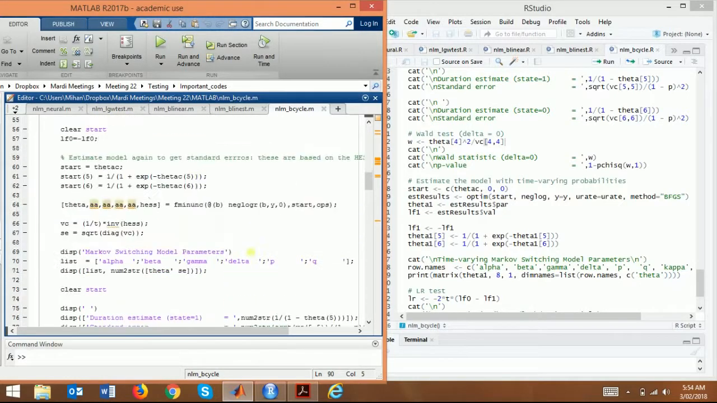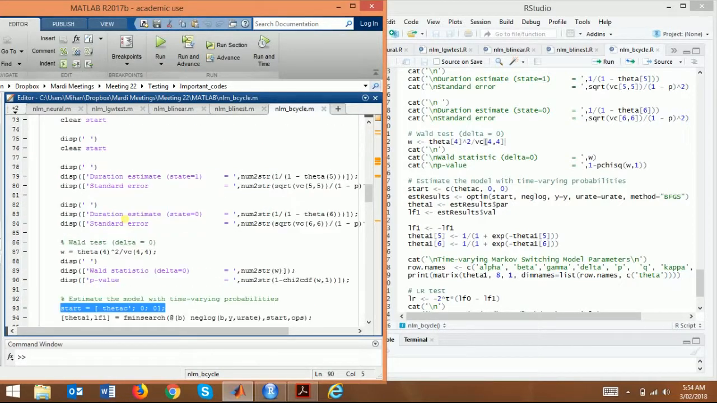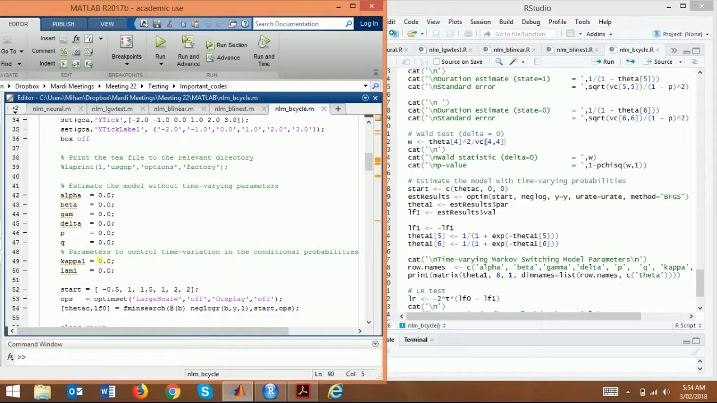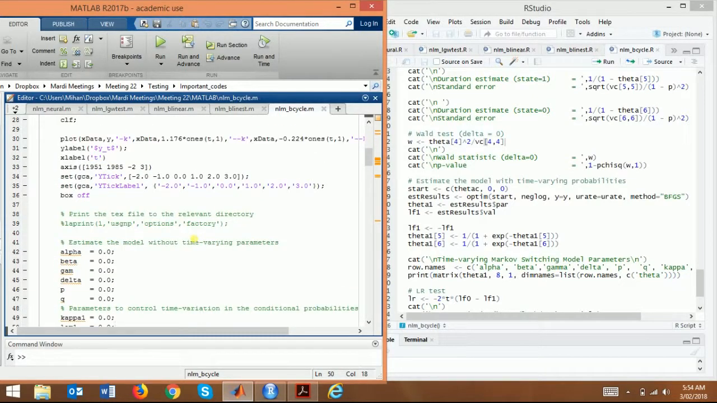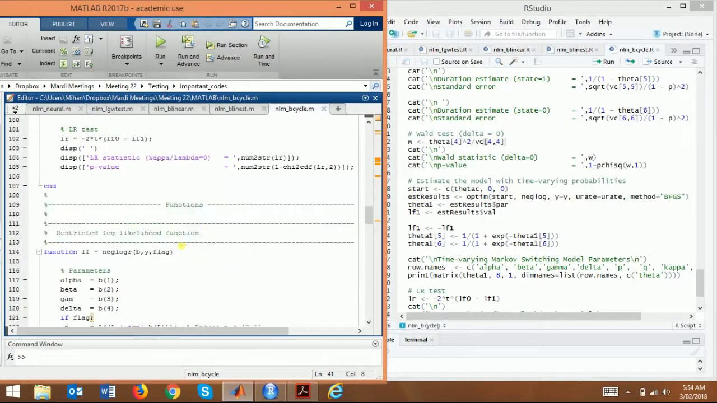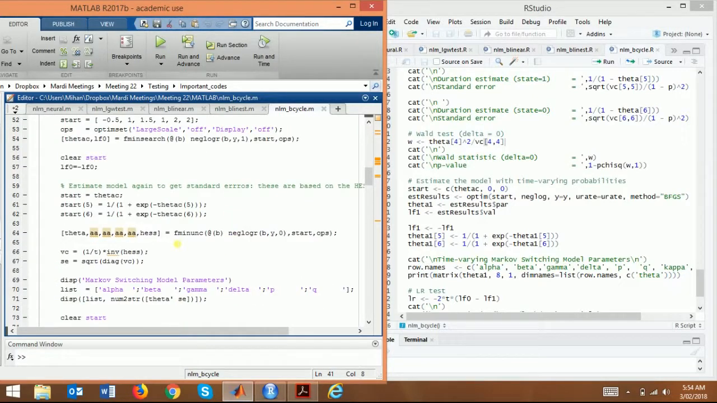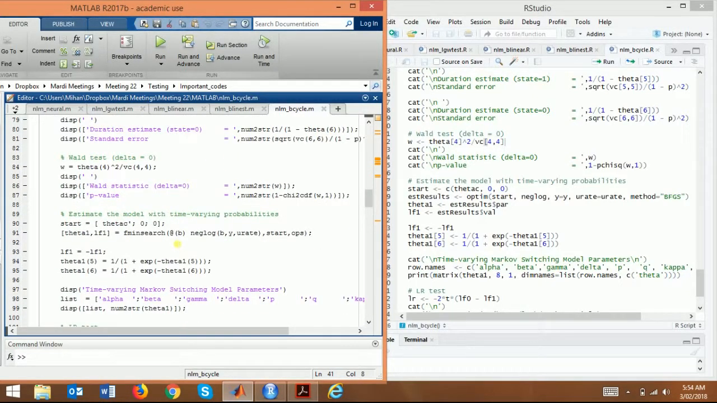Before, we did it without, and we estimated theta c, right? Now we use these parameters that we estimated before, controlling. Basically, whatever we estimated without the time varying probability, we're going to use that as our initial value, as our initial element, right? We initialize with all the elements from there, and we have 2 additional elements, 0, 0,